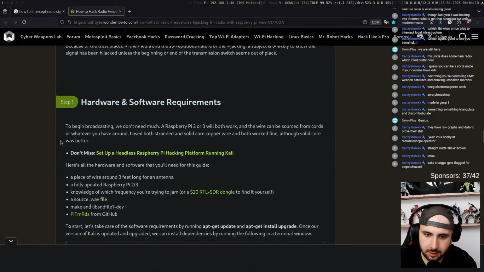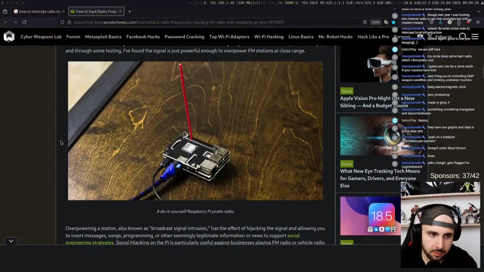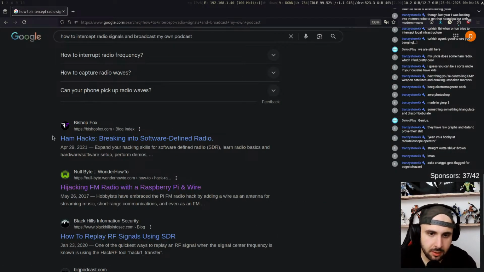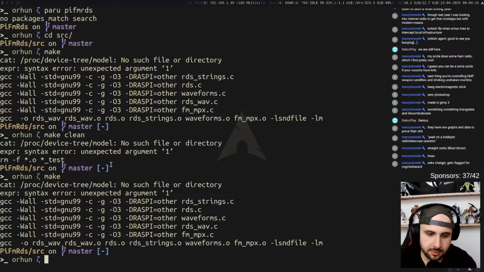I just need to get a huge ass antenna and a Raspberry Pi and I can just start my own podcast, like an actual podcast, from FM radio. So yeah,